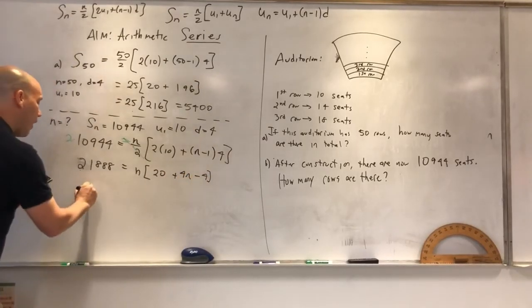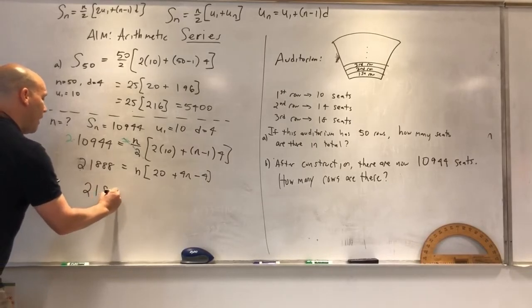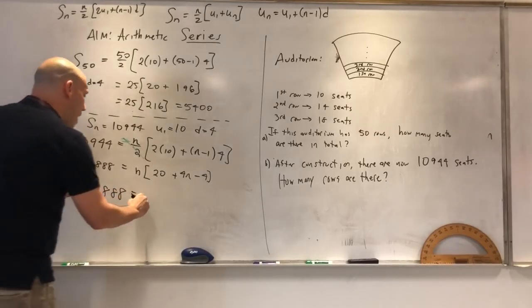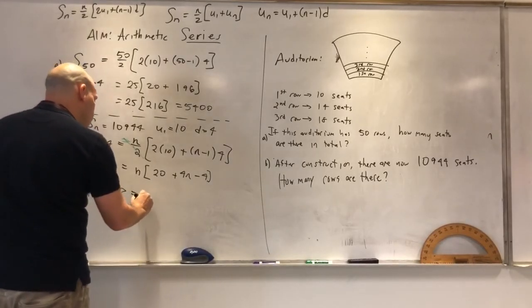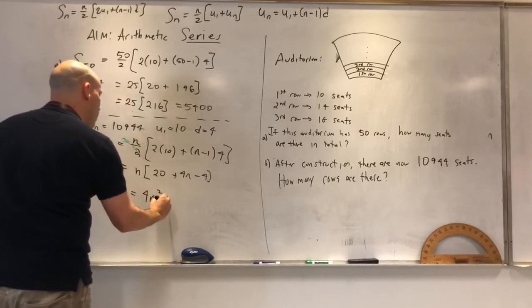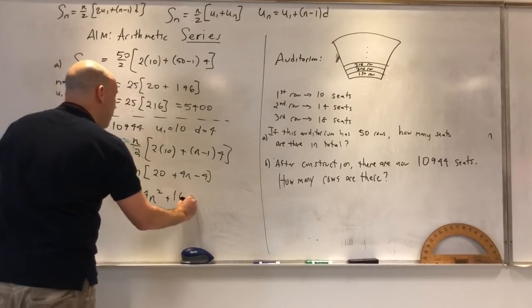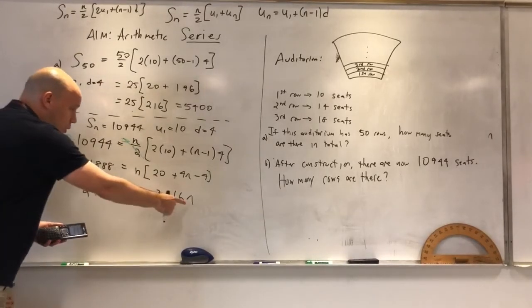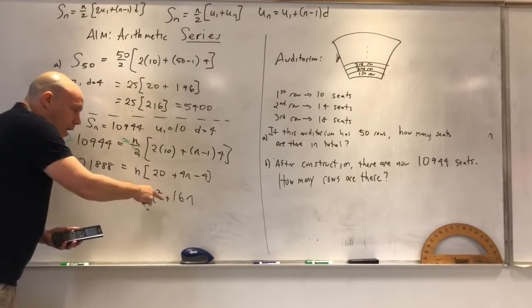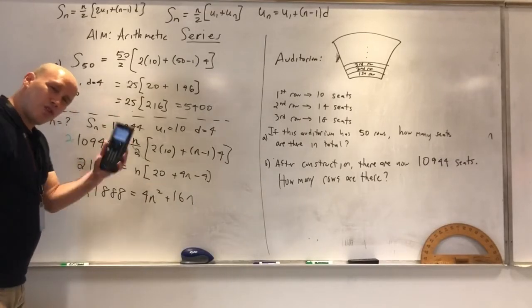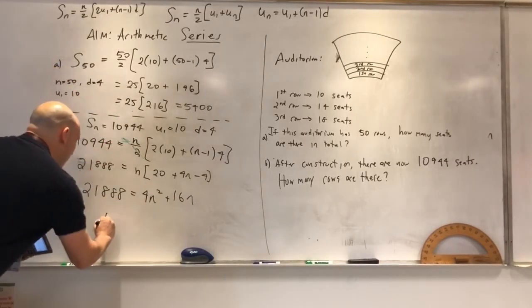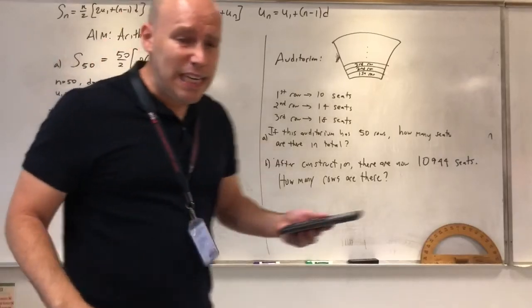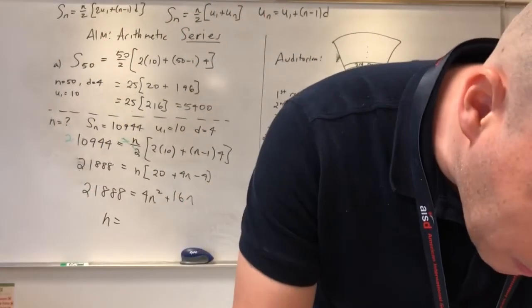Okay, I have the equation 21,888 equals 4n squared plus 16n. Either put this equation in Desmos or your GDC, and you get the answer of, I believe the answer is,